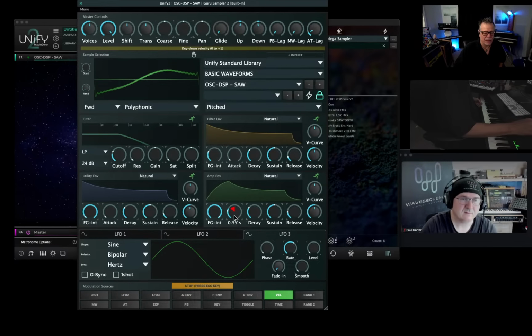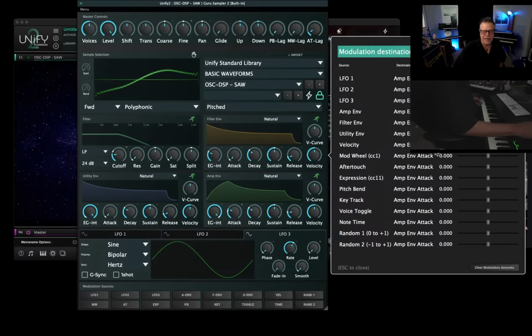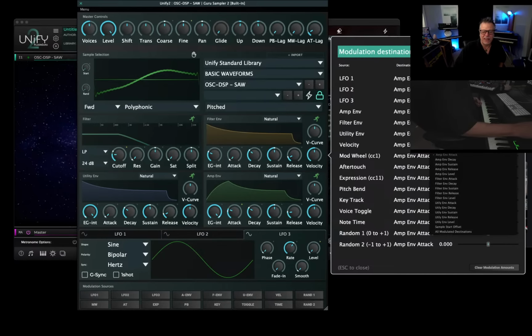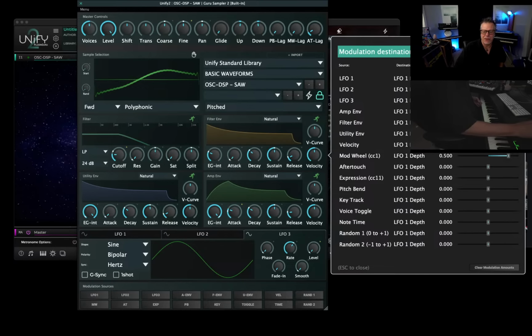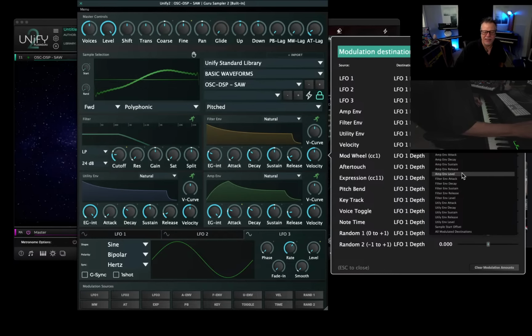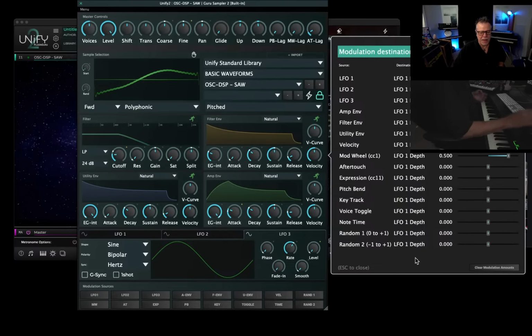here on the list. If you go over here and turn off velocity and right click on attack, that same box pops up with all these. Also, what's really nice is we set this up so you could choose what you want to see. So if you want to see the LFO1 depth, what's assigned to that? Here's all the parameters in GuruSampler 2. You can assign parameters too. So it just makes it easy to have everything right there immediately accessible on the screen to set things up